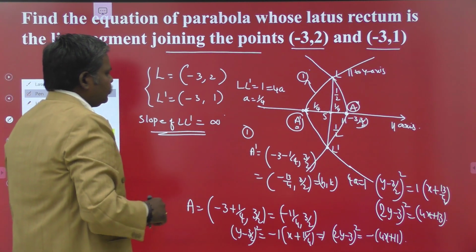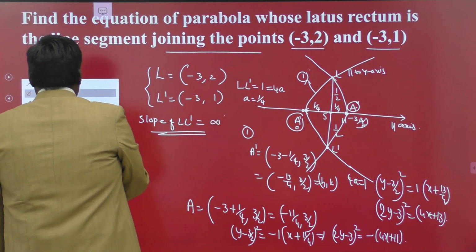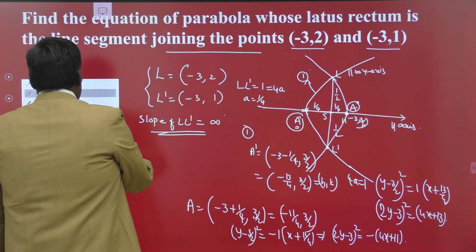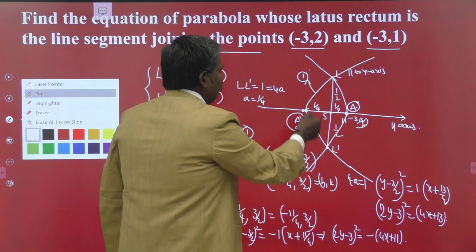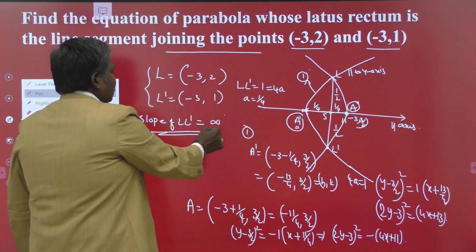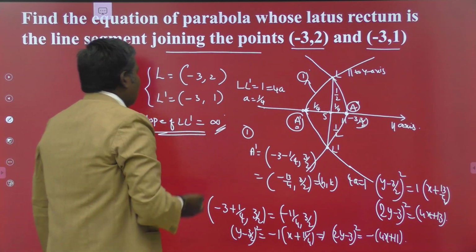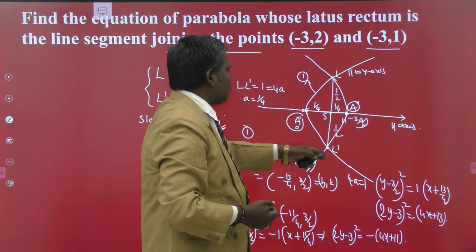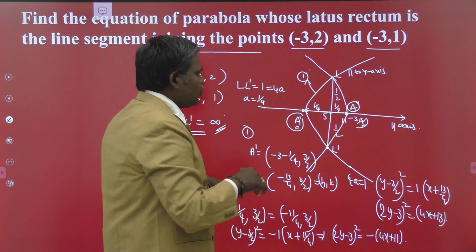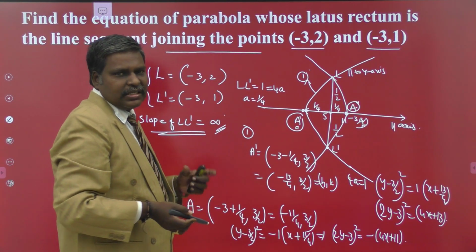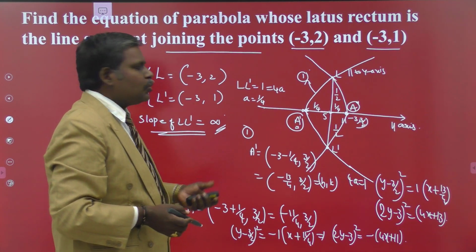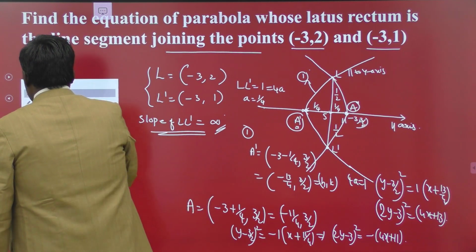What do you have to do? After completion of this one, we will discuss that also. I hope all of you understand this one. Here the case is that the latus rectum is parallel to the y-axis, so the directrix is too. Suppose it is not parallel to the y-axis or the x-axis, and only its ends are given to you. How do we proceed? Let us see.